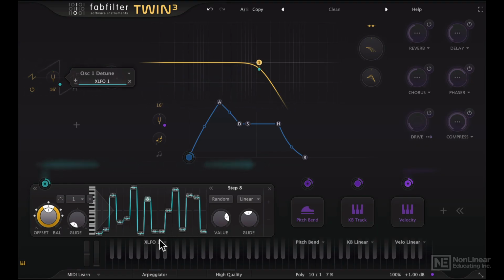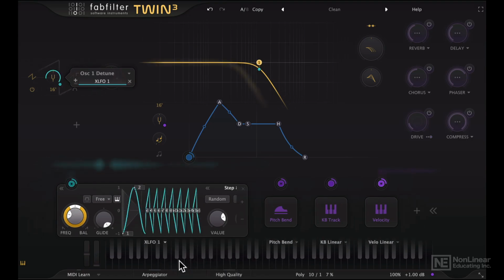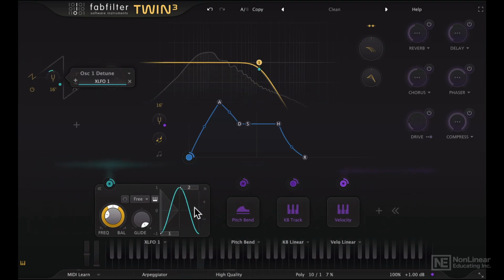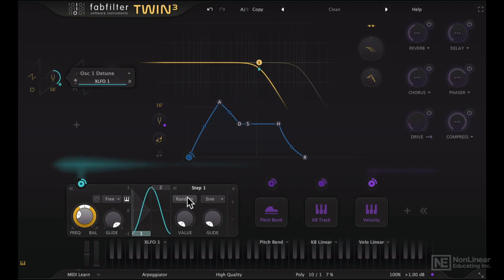I'm going to reset this back to a basic sine wave shape. And now I want to show you the random feature here. So if I turn on random, now this one step is set to random mode. That means it can be somewhere up top here or somewhere down over here and anywhere in between every time